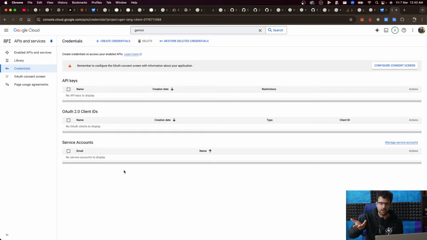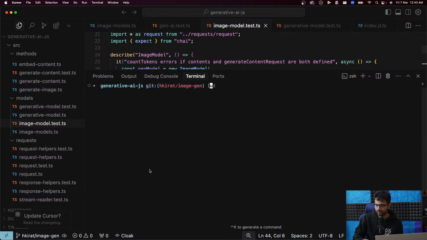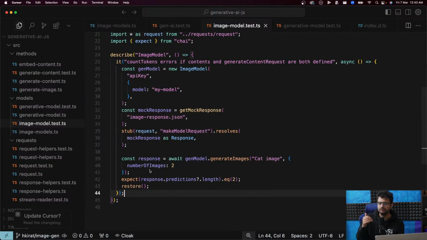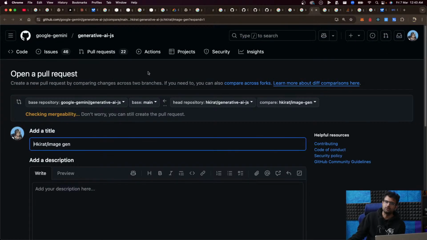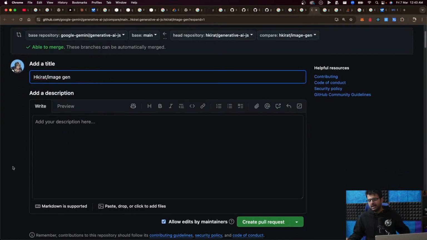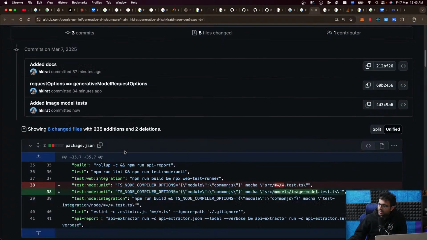I'm probably wrong, but I need to make sure the types look the same in the Python SDK and the TypeScript SDK. Right now, they're a little different. But let me quickly take you guys through the difference, what all we have done, and then we'll see how to go from there. I'm not creating a PR yet. I will, number one, write more tests. Number two, see if I want to change something architecturally, even though I think this is good enough. I don't think much will change there. And then number three, just make sure I'm not missing something when it comes to the Python SDK. If there is something that the Python SDK has and we don't, I'll fix that. All right. For now, this is what it looks like, guys.